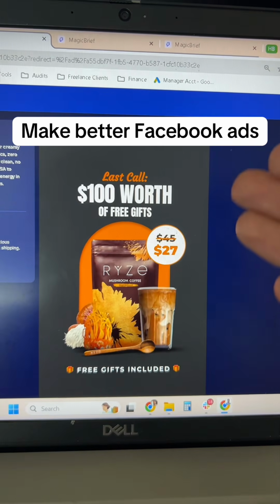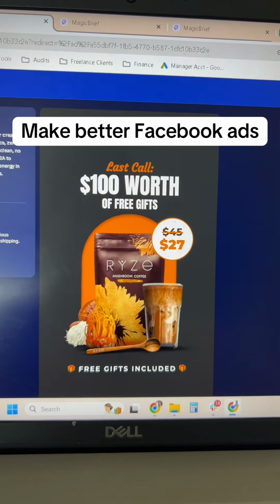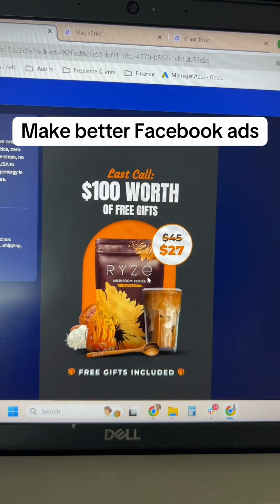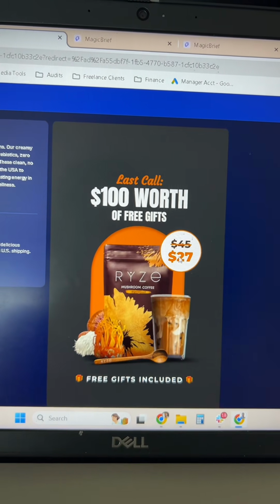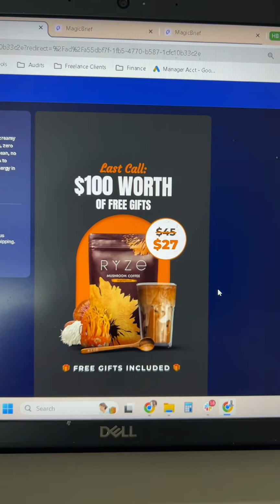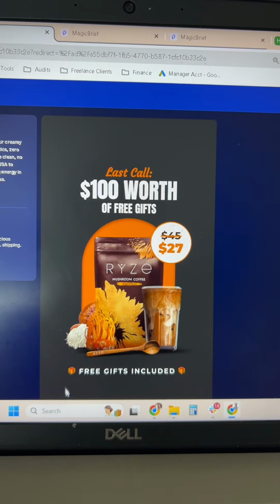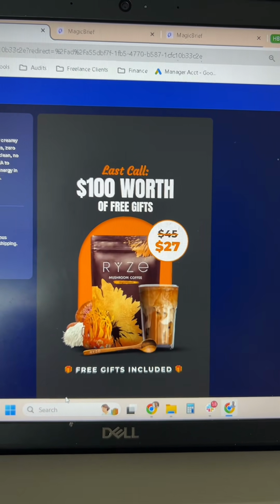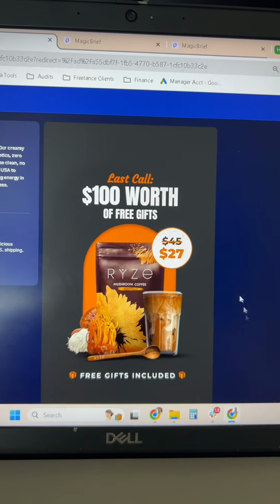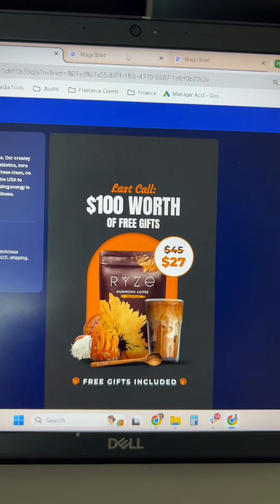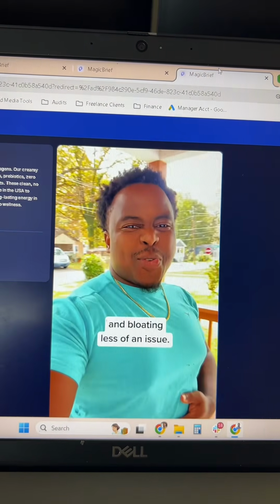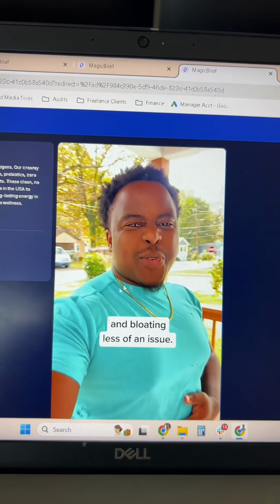If you're running Facebook ads, I'm going to show you why it's important that you don't just launch ads like this in your ad account that are super offer driven. Because, for example, in a lot of cases, I see ads like this that are offer driven that have a really sick offer and you get no scale out of it. And that's because the only reason this ad even works is because I have context from other ads in that ad set to actually understand what the product is.